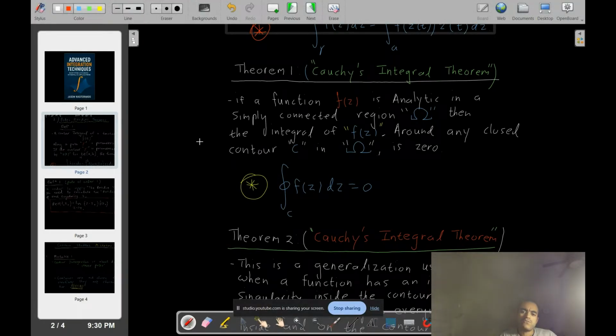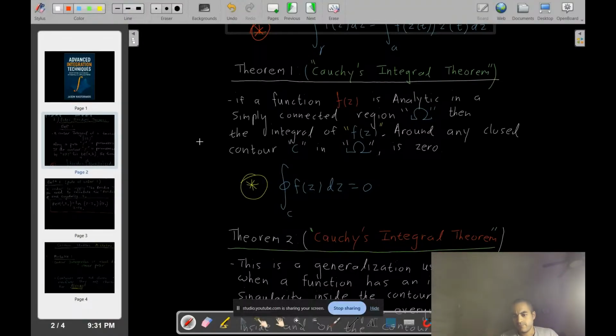Now we're looking at the first theorem for contour integration, which is very important. It's called Cauchy's integral theorem. Cauchy's integral theorem states the following. If f of z is analytic in a simply connected region omega, then the integral of f of z around any closed